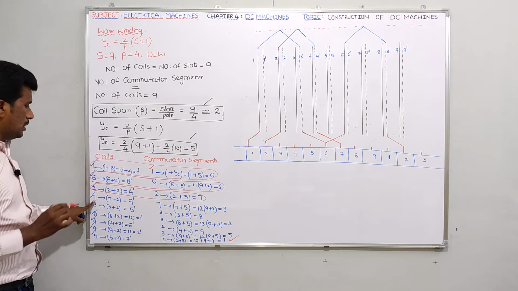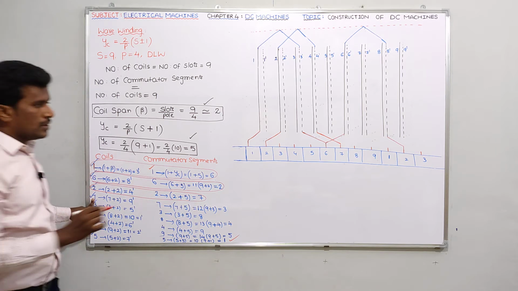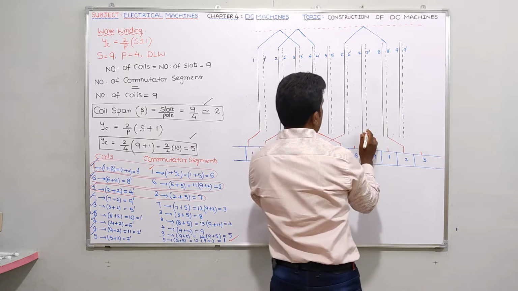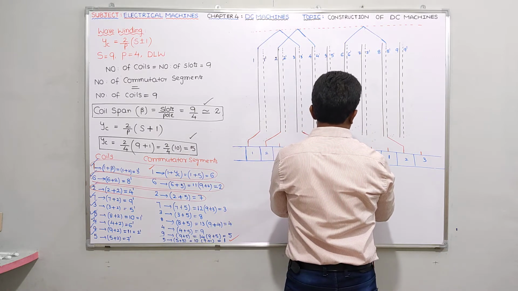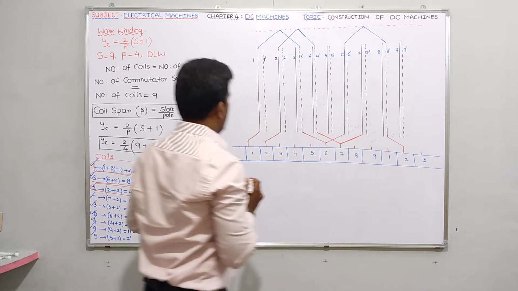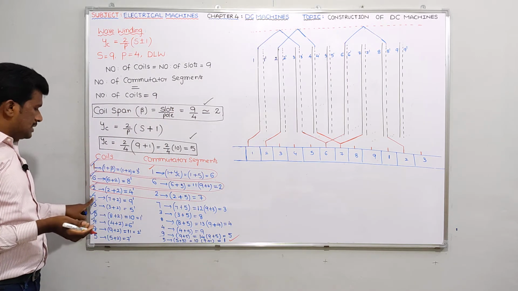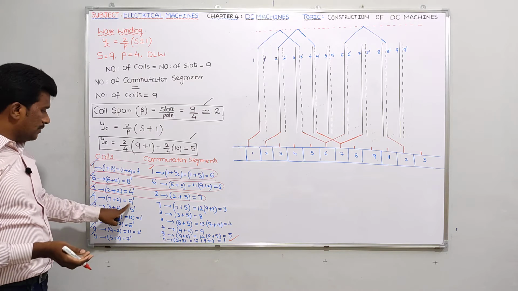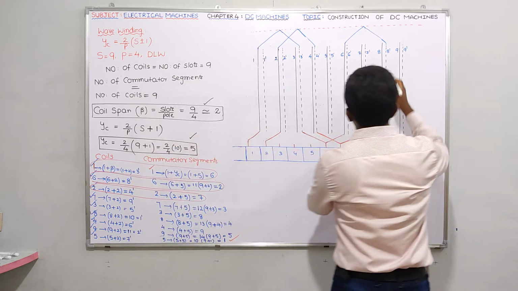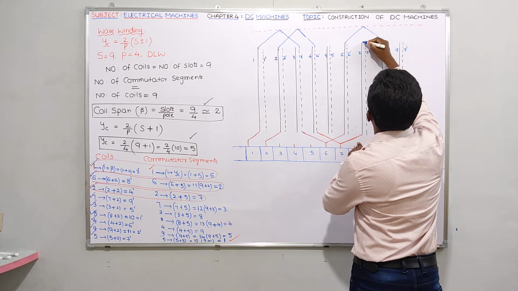Now what about the 4th one? As I told you, the 7th conductor is connected to this 7th segment. So here is the 7th segment, and the 7th conductor is this one. So to this 7th segment, the 7th conductor, this one, is connected. And tell me guys, for this 7 9 dash coil, if one coil side is the 7th conductor, what is the other coil side? It's nothing but 9 dash. So from 7 you should go to 9 dash. From 7 to 9 dash means here, this is nothing but 9 dash.